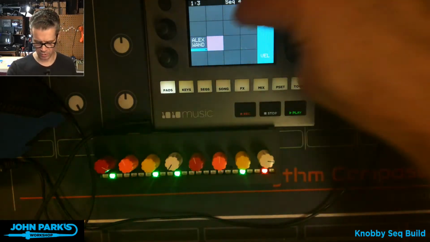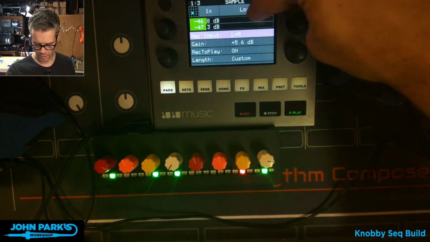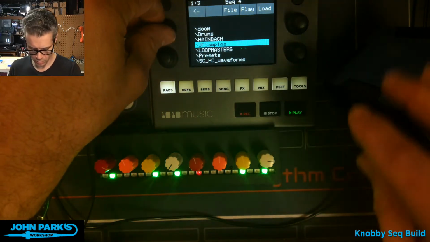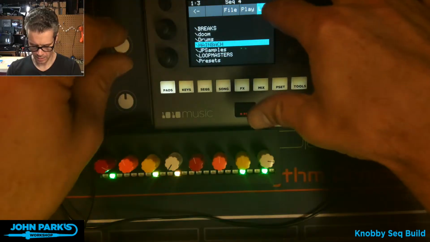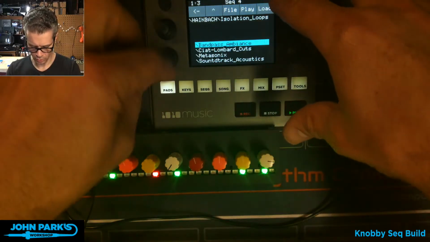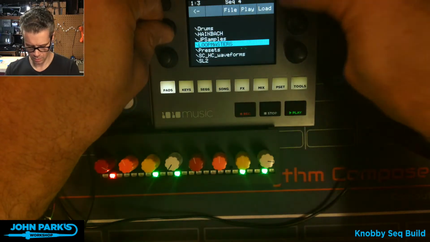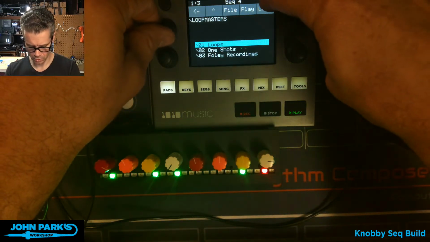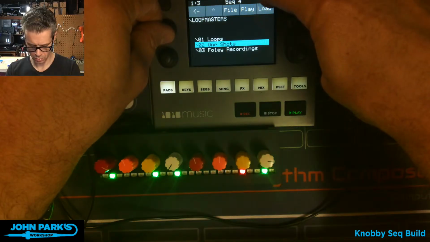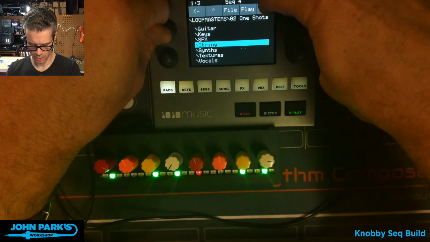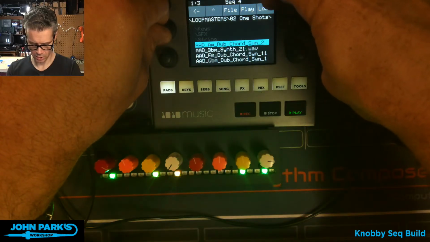It's not a very musical example, so let's just bring in an actual sample of a note of some kind. I'm going to go up to Heinbach. Oh, those are all loops. I want loop masters, load keys or string or synths.